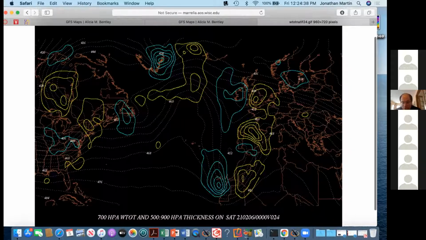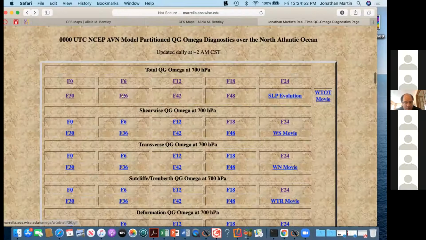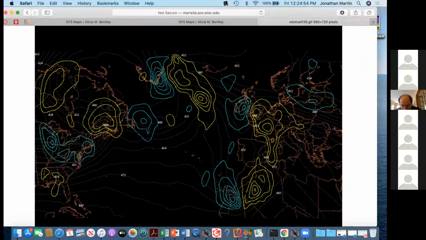It went from approximately 1 microbar per second to 3 over far Western Algeria. So this is a substantial upper trough at this latitude, and especially this longitude is unusual. And we'll keep on going. It gets worse for them. So this is 36 hours. Look at that. 1, 2, 3, 4, 5